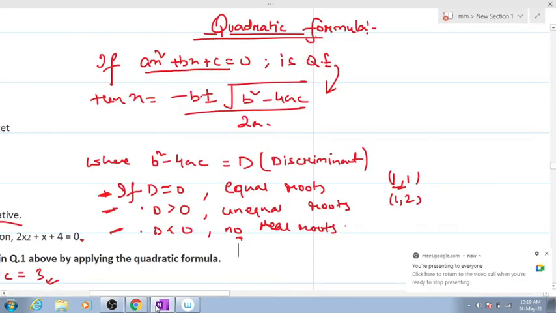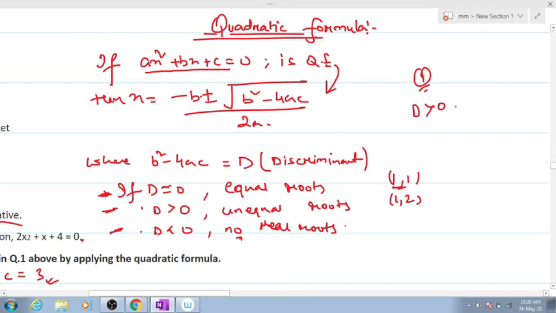Each and every line needs to be copied properly, okay? Among these three lines only, you might be getting one MCQ. Whatever I have written, one MCQ might come in handy out here. They might easily ask you that for D greater than 0, what kind of roots are there? Option A, equal roots; non-equal roots; real roots; or one more option, zero roots. So these points are very important.